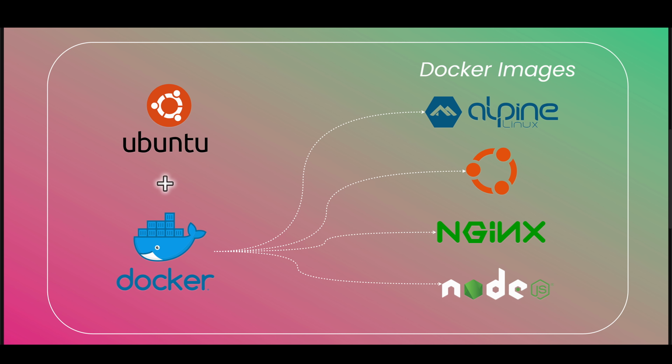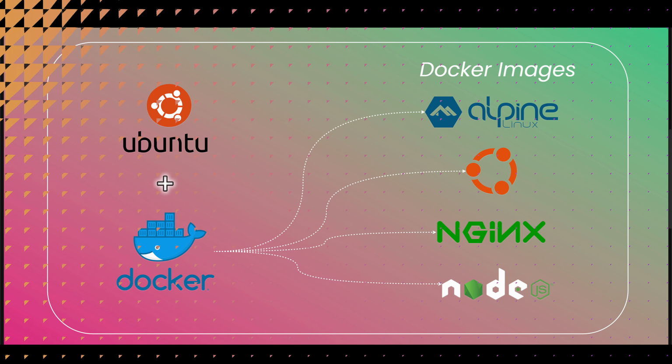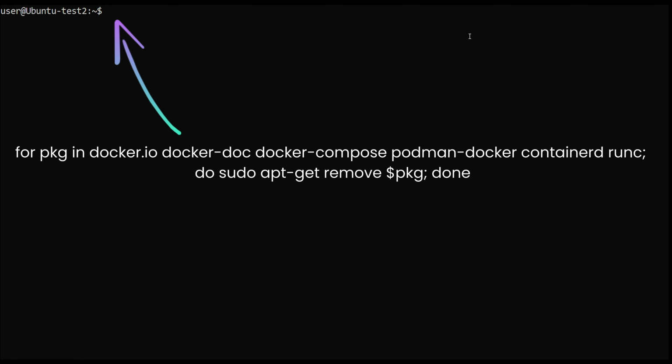So, after learning what Docker and Docker Compose are, let's see how to install it on your machine. For this, you will require either a machine or a virtual machine with Ubuntu or Debian running on it. Also, you will need to have any previous Docker installations removed prior to the installation to avoid any conflicts in the system. For that, you may run the following command.